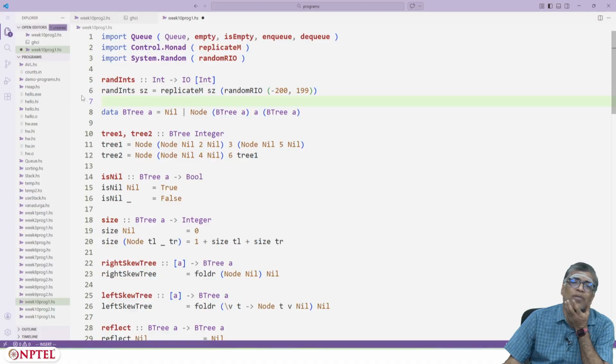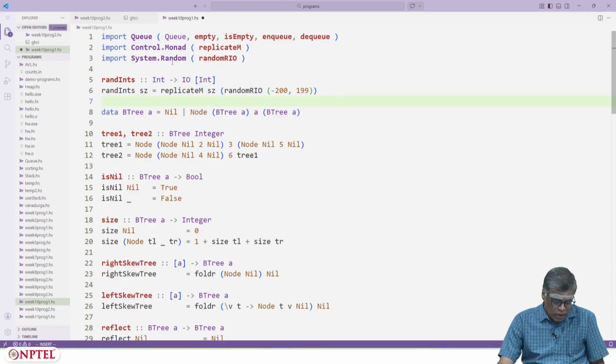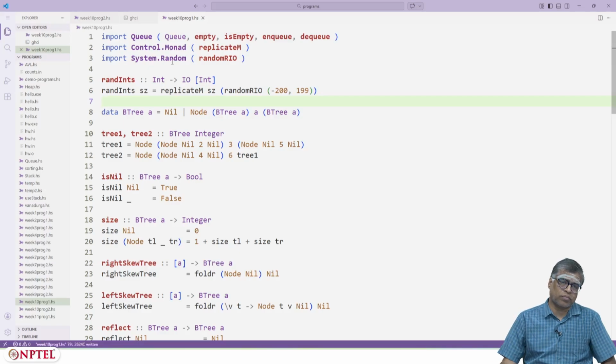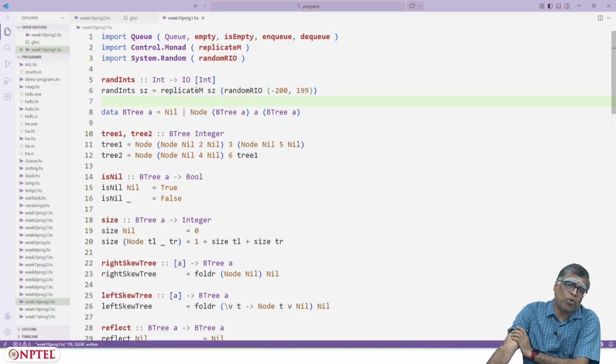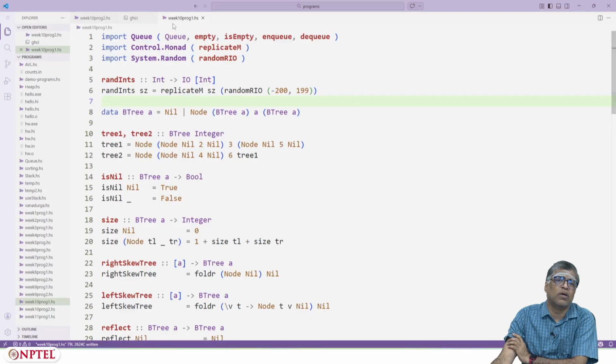Okay, I've added a routine which produces a random list of whatever many numbers you ask for between -200 and 199. It's very convenient that we have already seen randomRIO, replicateM, etc., so that you can actually create these things to test your data structures.